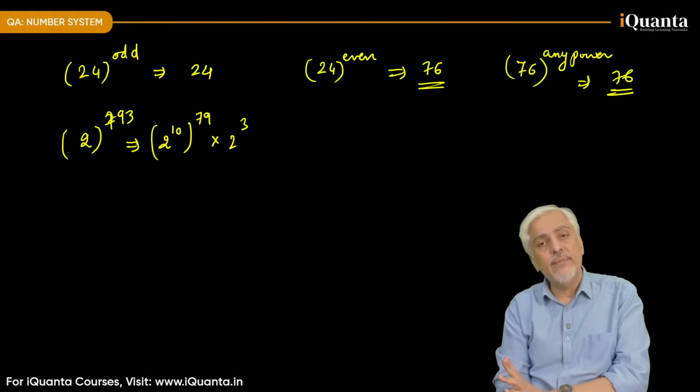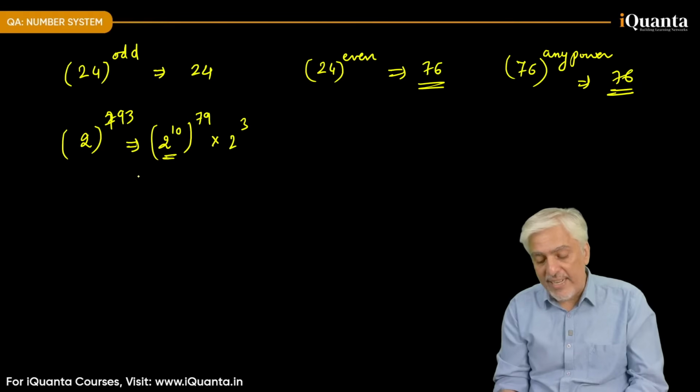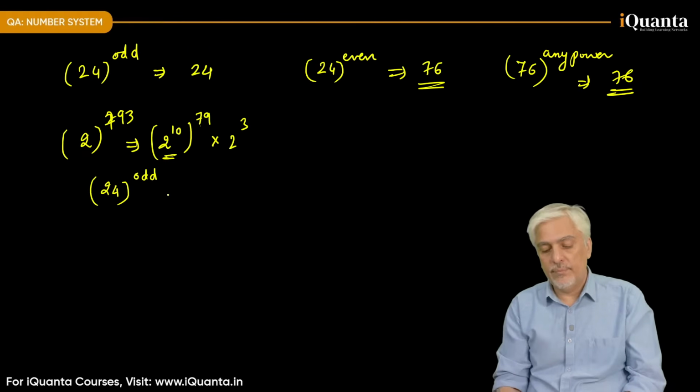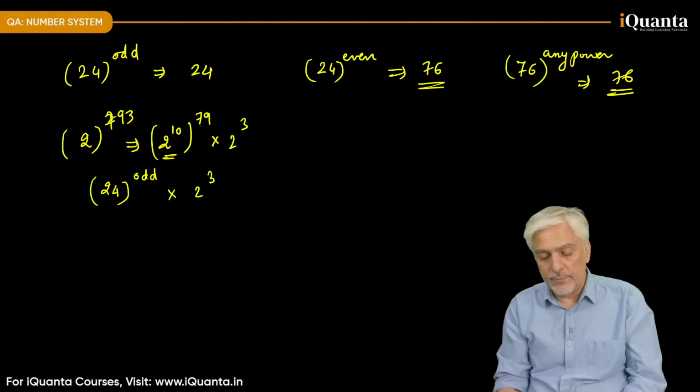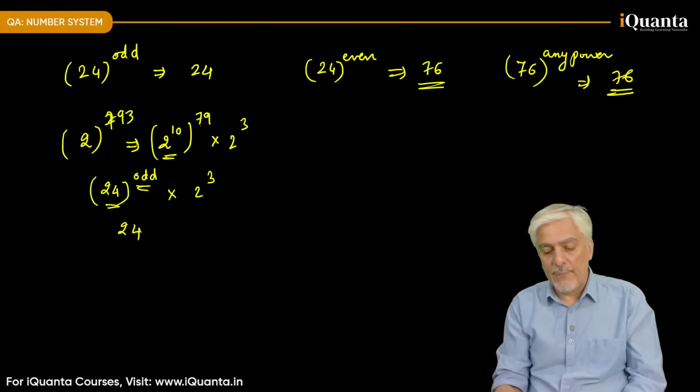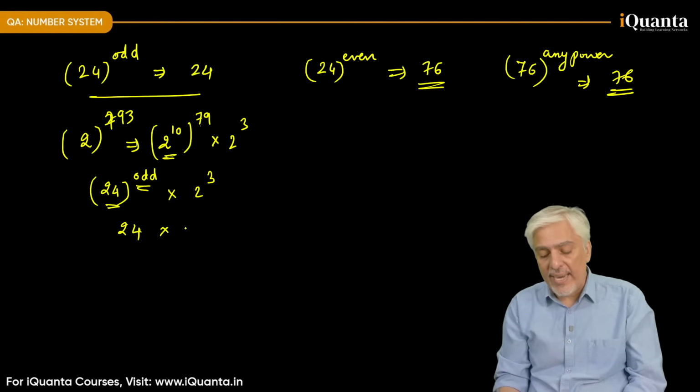First step clear? 2 raised to 10 will end in 24। 24 raised to odd into 2 cube। 24 raised to odd will end in 24। अभी रूल दिया ऊपर, into 8। 8 4 is 32, 3, 8 to the 16 plus 3, 19। So answer is 92, last 2 digits।